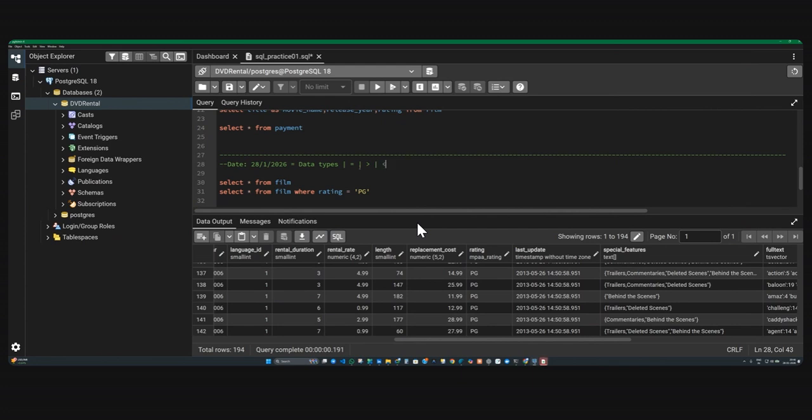Okay, then obviously the less than symbol, less than or equal. So less than or equal is one symbol, and the opposite of it is greater than or equal. And the other one is not equal to. Not equal to is this symbol you have to use, the opposite. Okay, not equal to, then and, or,